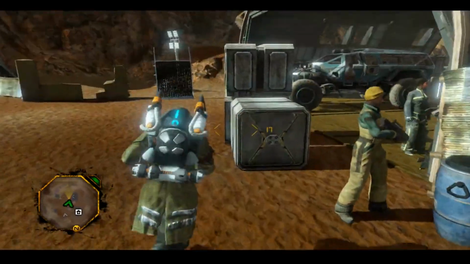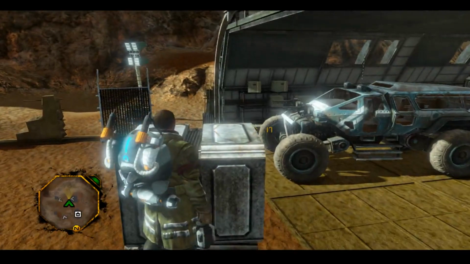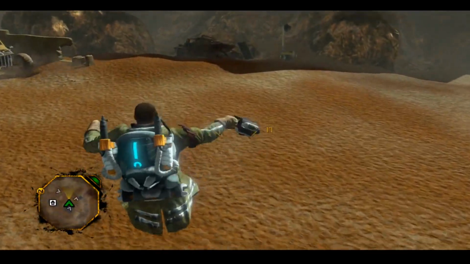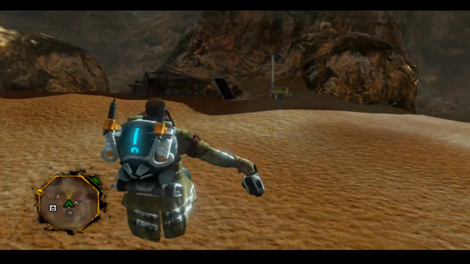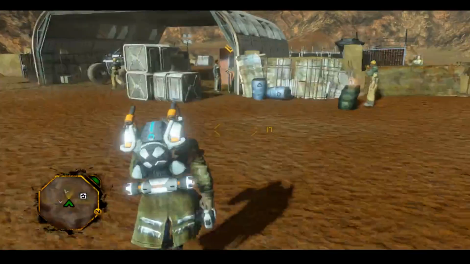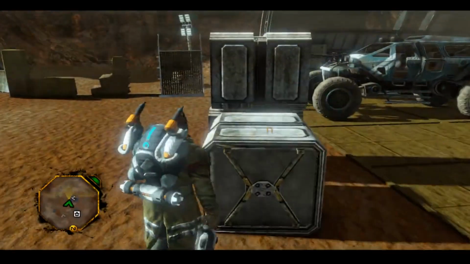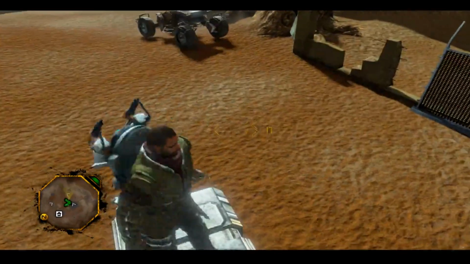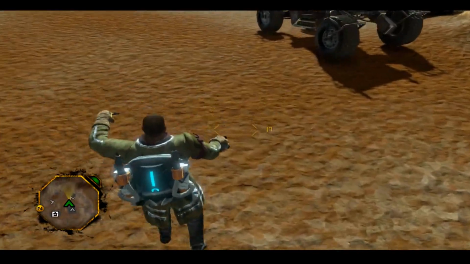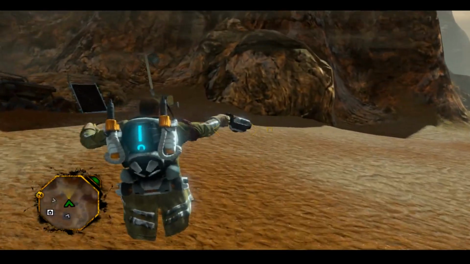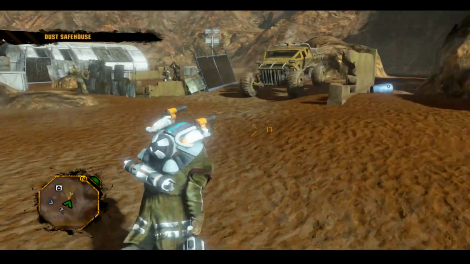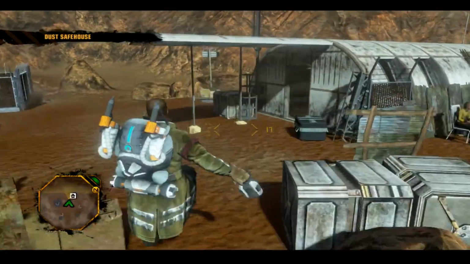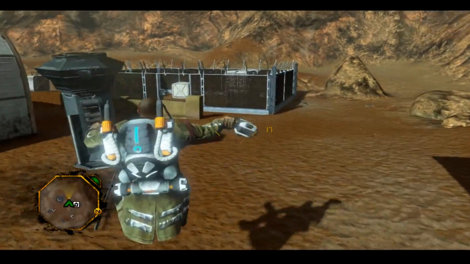Alright, so let's go ahead and use an example of an impression. An impression, you could say, is like the physics are a little floaty. You'll notice I'll kind of float a little bit. I kind of glide more than I do jump. It's not very realistic gravity, but if you're on Mars, it probably would be realistic because Mars has less gravity. But I digress. If you feel like the floatiness was impacting your gameplay, you would maybe send up an impression about it. You would write it up, send it to your supervisor, and they would make the call on whether they should send it up or not.